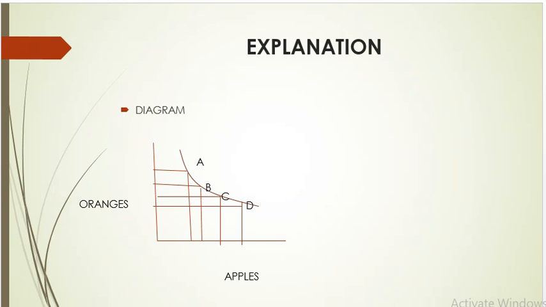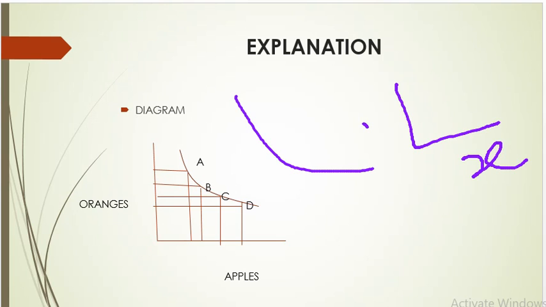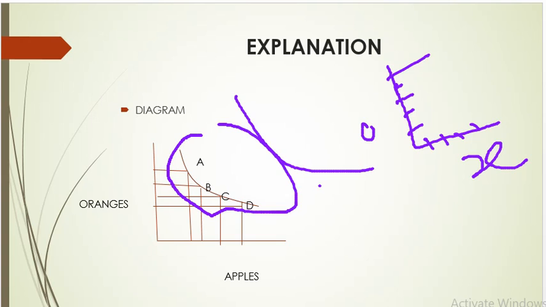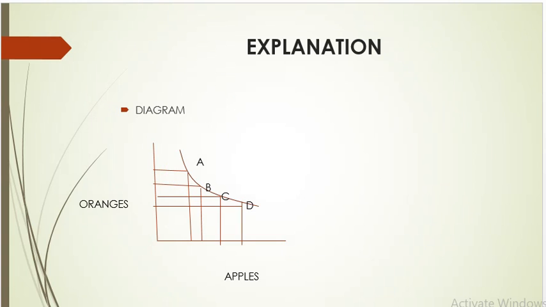Here we are going to draw the indifference curve, the shape of which is convex to the point of origin. So this is the indifference curve. Here we take the X commodity, the apple, and the oranges, and here we take 2, 4, 6, 8, 10, and here we take 1, 2, 3, 4. Then you plot the tabular information on the graph, and we will have the shape of the indifference curve in this manner. So its shape is convex to the point of origin.